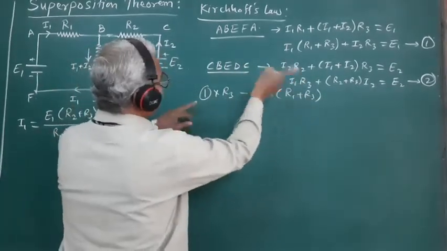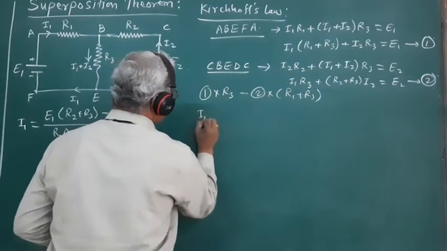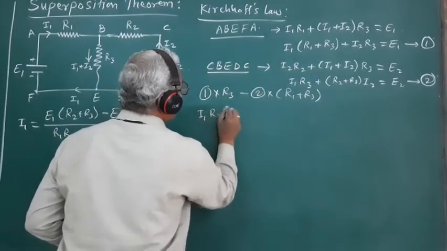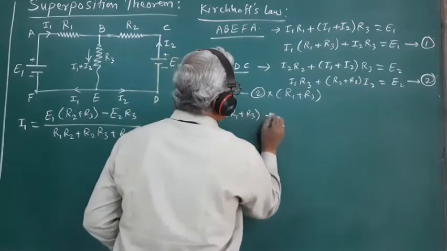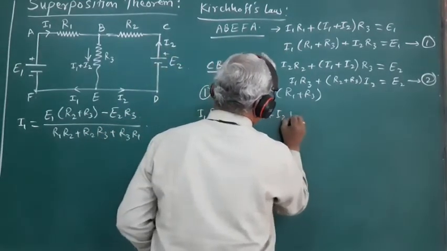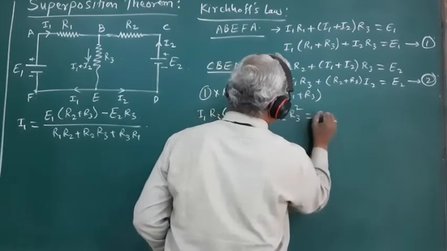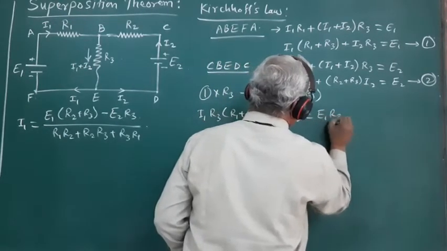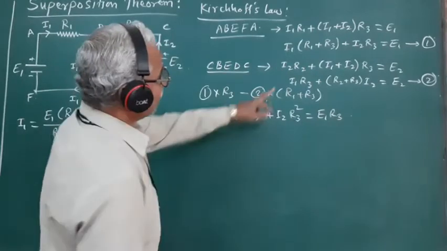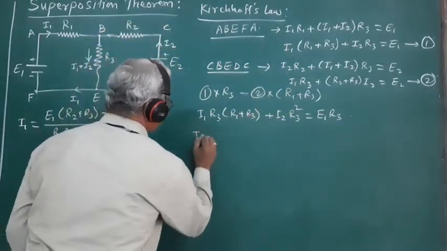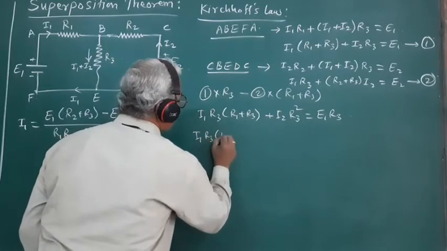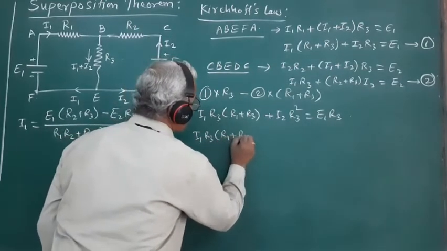So equation 1 multiplied by R3 is I1 R3 into bracket R1 plus R3 plus I2 R3 square is equal to E1 R3, and multiply equation 2 by R1 plus R3 we get I1 R3 into bracket R1 plus R3